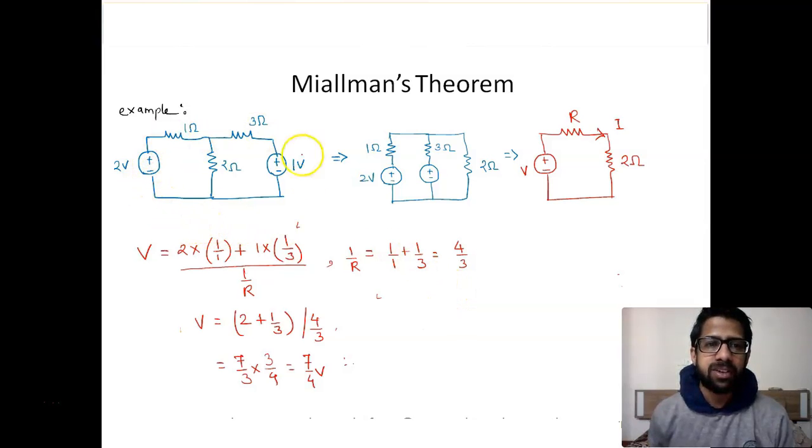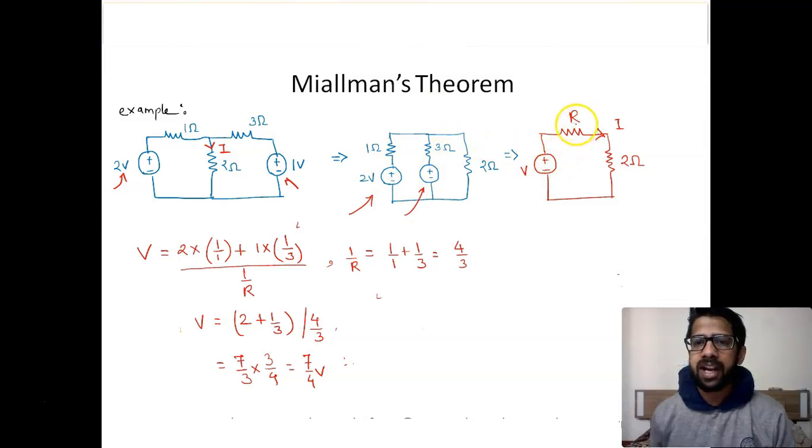Let us assume this is our problem, and we have to find the current passing through the 2 ohm resistor. Now this is a voltage source, and this is a voltage source. 1 ohm is the resistance in series with 2 volts, and 3 ohm is in series with 1 volt. Now we can represent the circuit like this. Alright, so if we have to convert this into a single voltage source and a resistance, let us solve this